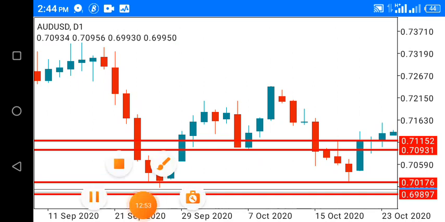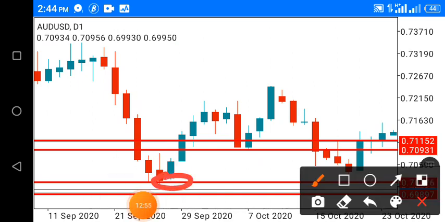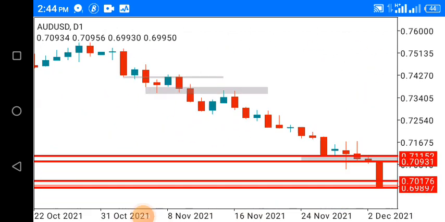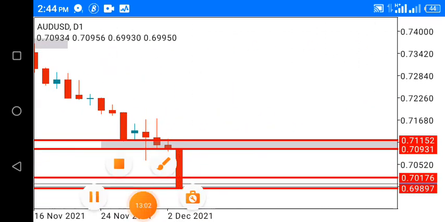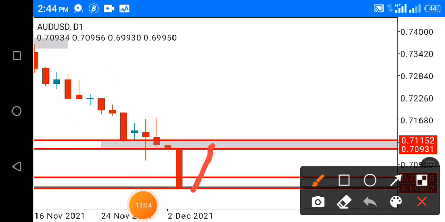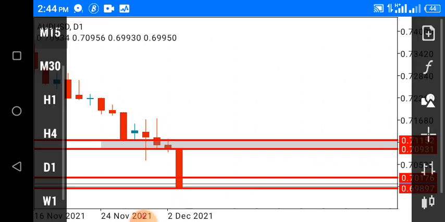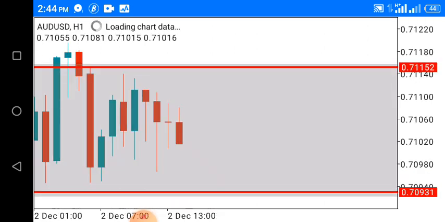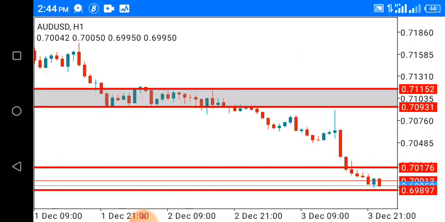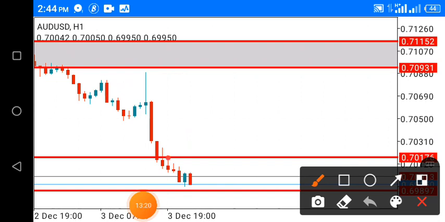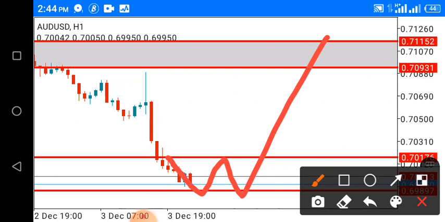If you still look back, you still see that price has used that area so many times now. So that area can push price up to retest here before we continue the downtrend or we break up. So that is basically what I'm expecting. So what I'm going to do is go to the 1 hour time frame now, stand there and look for my entry reason, which can be a chart pattern. So maybe something like this, a double bottom, and we'll move to the upside.